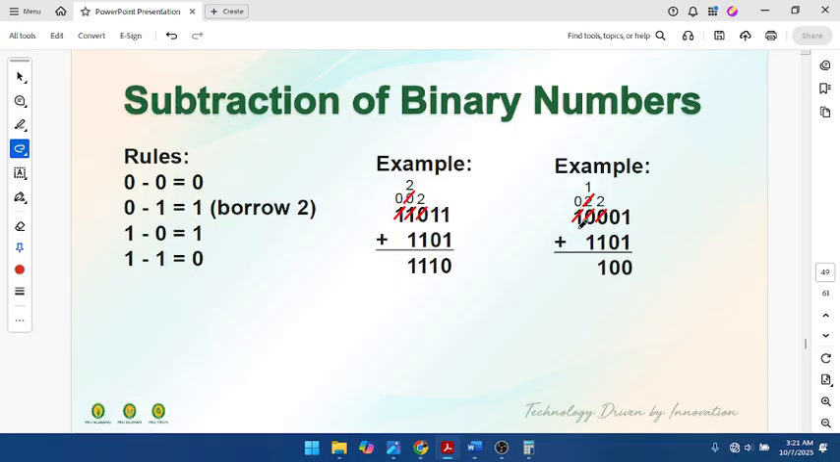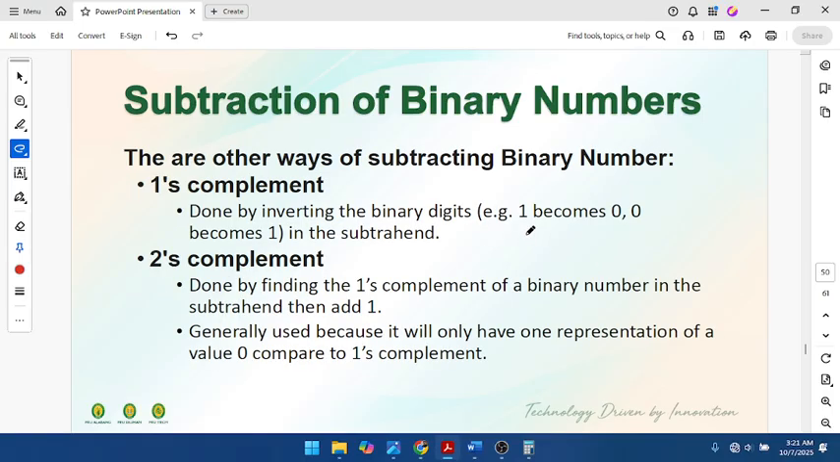For subtraction naman, we have here a rule, no? So same pa rin sa addition, you will just follow the rules. Okay? Yan. So okay. So dito sa